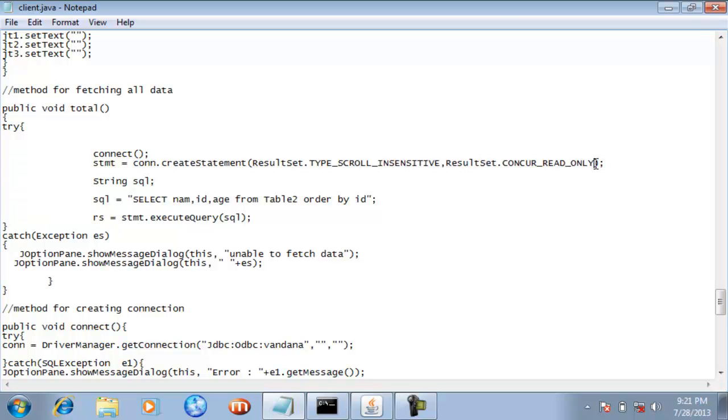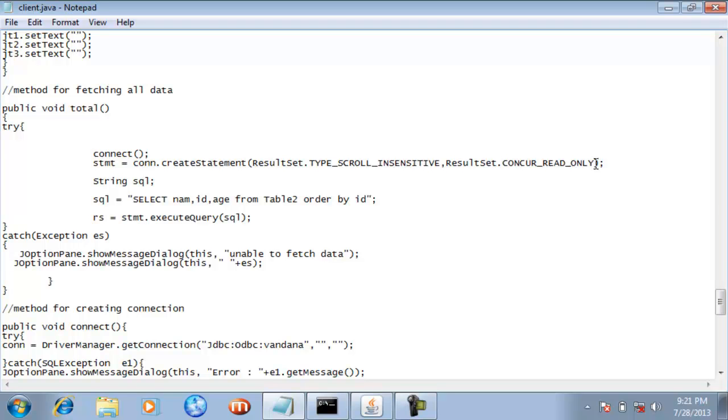By default, we can use only the next method with that rs object. You can't use the previous method with the rs object. So by default rs can move in a forward direction only. It can't move in a reverse direction, or you can say backward direction.